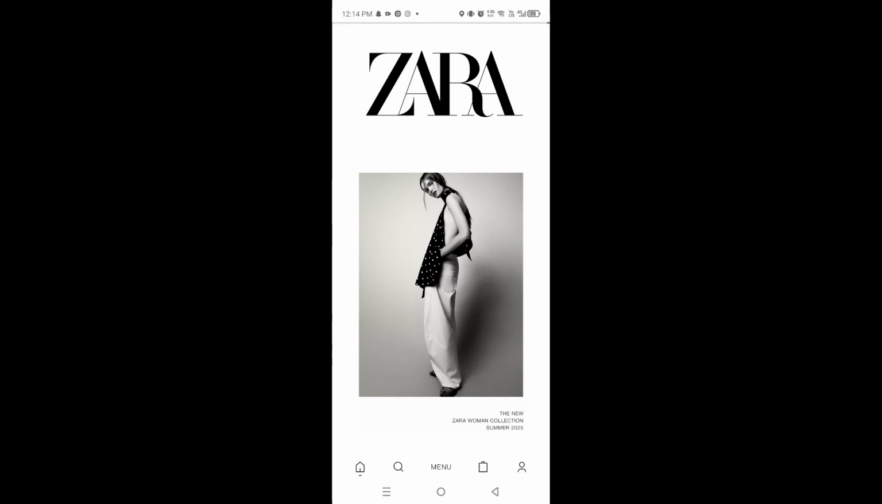and you are in. If you have trouble logging in, make sure your email is spelled correctly and check your inbox for any verification email from Zara. And that's it. You are now logged in into your Zara account and ready to browse, shop or track your